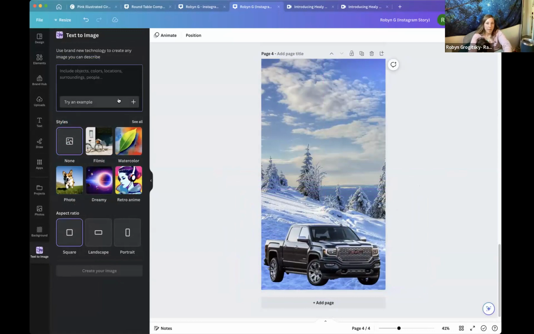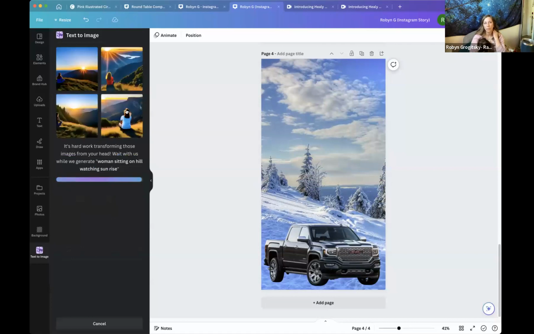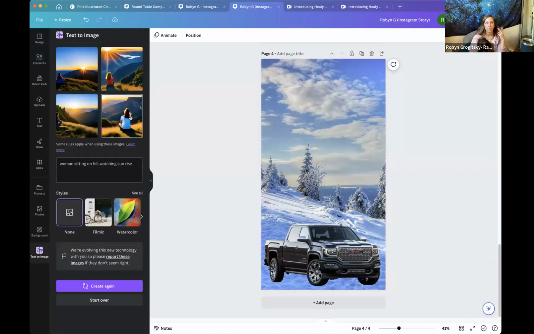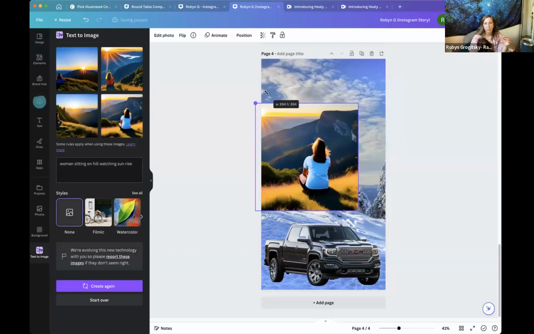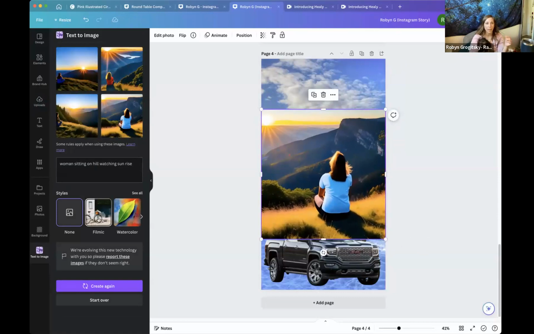So if I want it to be, let's say, women sitting on hill watching sunrise, it will literally create the image that I am asking. And it creates it in the style that I want. This is like kind of like watercolory, but if I want to ask it to do something dreamy,